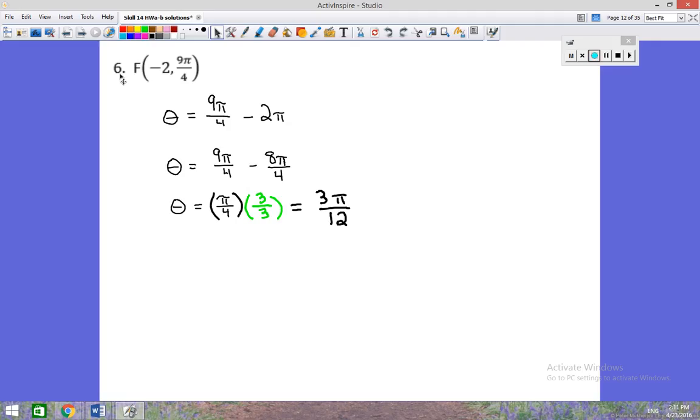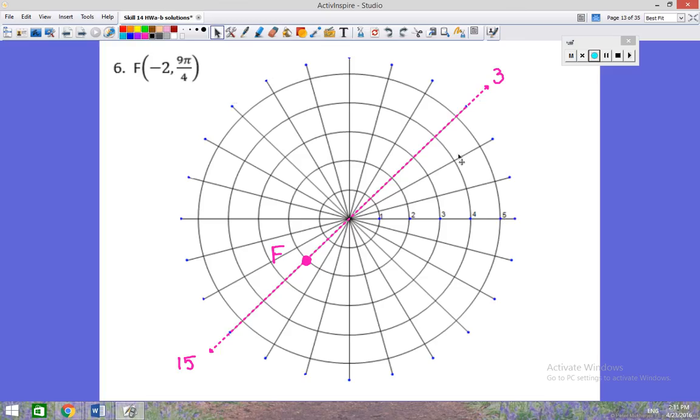Here in number F, I noticed that 9 pi over 4 was bigger than 2 pi, so I found a coterminal angle. So I took away one complete revolution, and in order to do that, I got a common denominator, did that subtraction, and then, of course, I'm writing this in denominators of 12. So I counted over 3 pi over 12. But again, since it's negative,